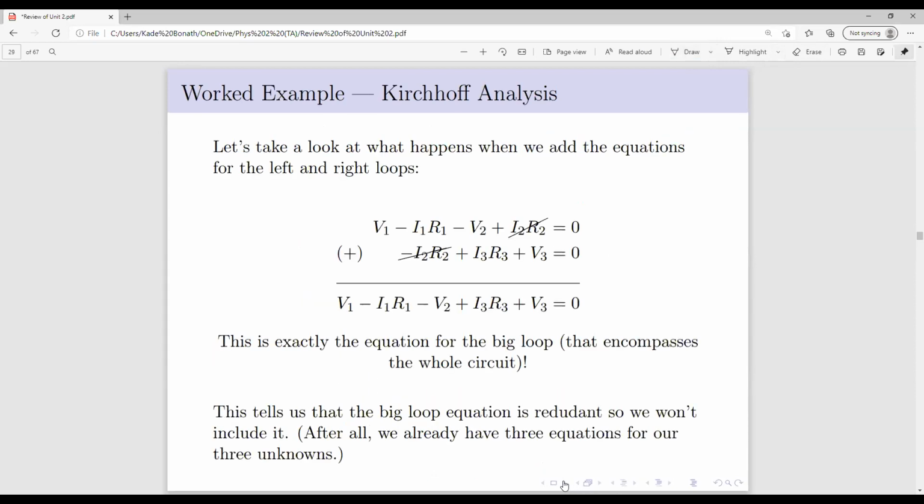What we can do now is simply add these equations, and what ends up happening is that it allows us to define our equation for the big loop. The reason for that,